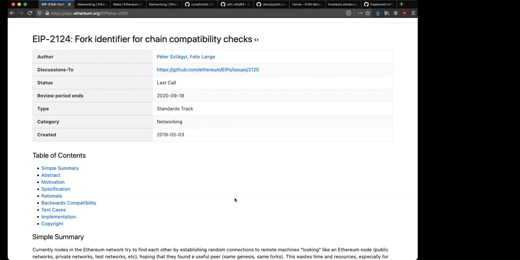Personally, I don't really care what the status of the EIP is, because this process has mostly been a matter of negotiating between the authors of the EIP, in this case me and Peter, and the client implementers. So we just go to the client implementers and annoy them about it until they implement it. And once it's implemented, I don't have the authority to change